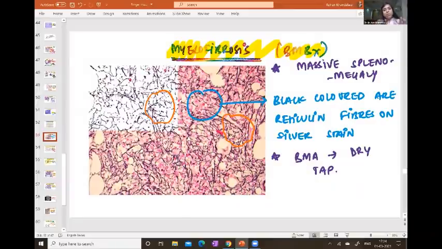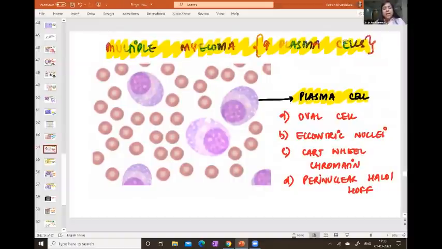For myelofibrosis, what are the other keywords which you can look for? Massive splenomegaly. The aspirate will show a dry tap. The biopsy will look like this, right? Next, very, very important students, FMG exam last year showed images on this along with clinico-pathologic MCQs. So next topic is going to be multiple myeloma. How do you identify a plasma cell? Very, very important.